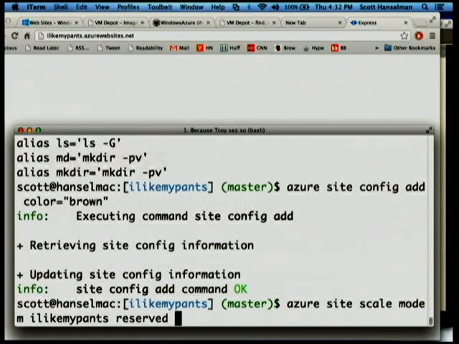There's free, and you have 10 free websites. There's shared, which means that you're kind of just chilling with everybody else, the great unwashed all in one virtual machine. And then there's reserved, where you get your own VM. And when you have a VM in Azure inside of a data center, all of the other sites that you make in the same data center are in that same VM. By that I mean, I had 12 websites that were all chilling in shared in West US. I switched one to reserved, and then all of those websites jumped into the reserved one. And that's a way to save money.